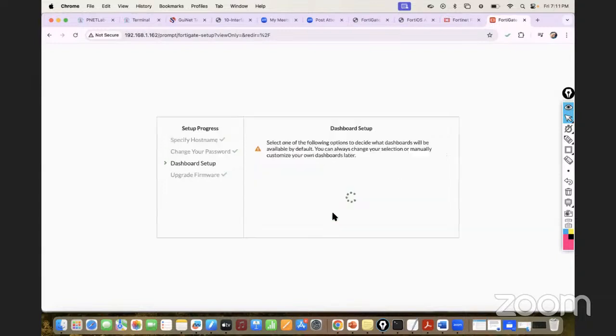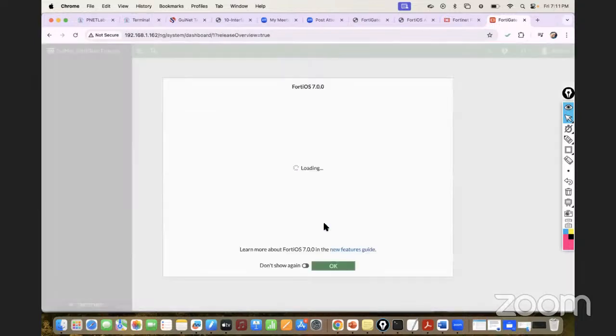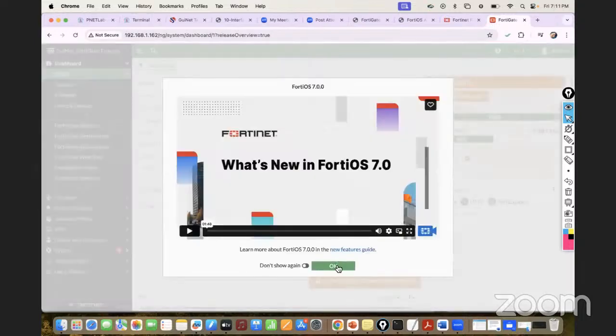And I'll click OK. So this is done. I'm not going to select any comprehensive. I'll leave the optimal. That is a popular default dashboard. It's going to be used. And now you see it's trying to load, and it's going to show some kind of the